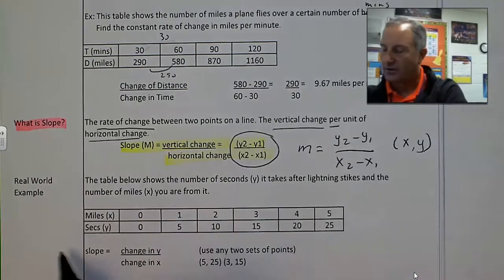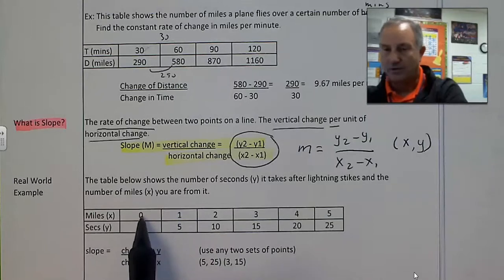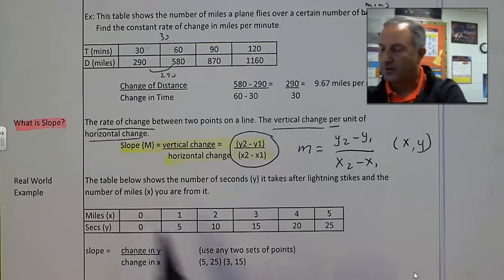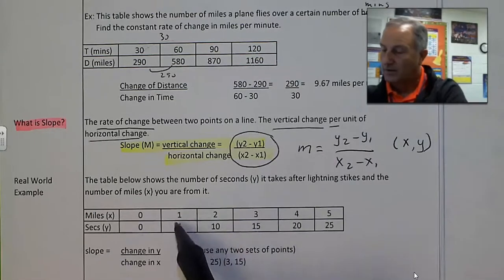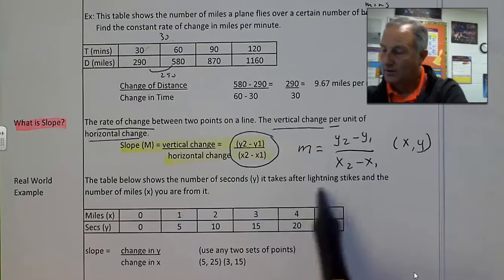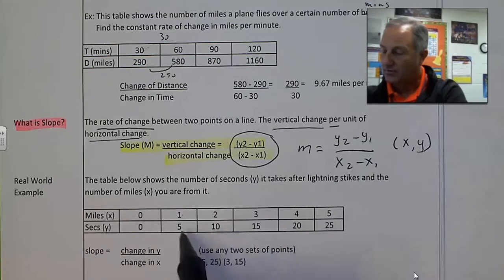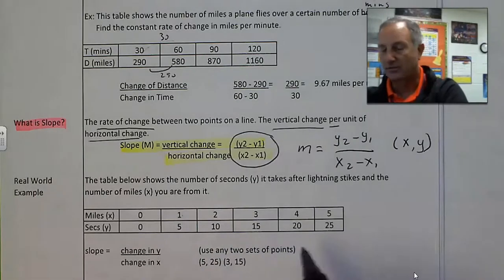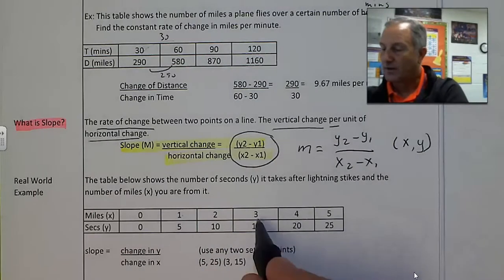So let's take a look here anyways. If you were right there when the lightning struck, you'd hear it at the same time, or you'd be right next to it. It's saying if it was 1 mile away, okay, then the number of seconds it takes from when the lightning strikes until you hear the thunder would be 5 seconds. If it was 2 miles away, it'd take you 10 seconds. So they're saying every 5 seconds represents a mile away from the actual lightning bolt,